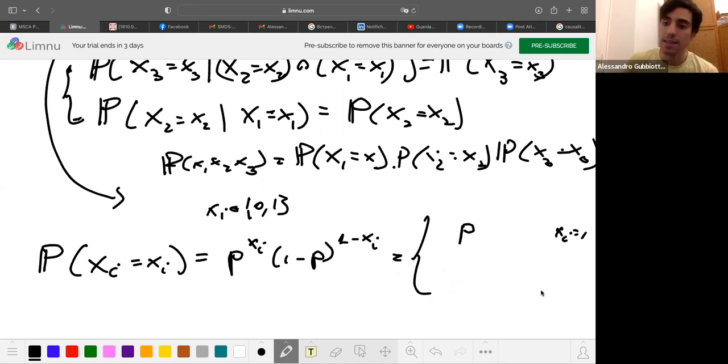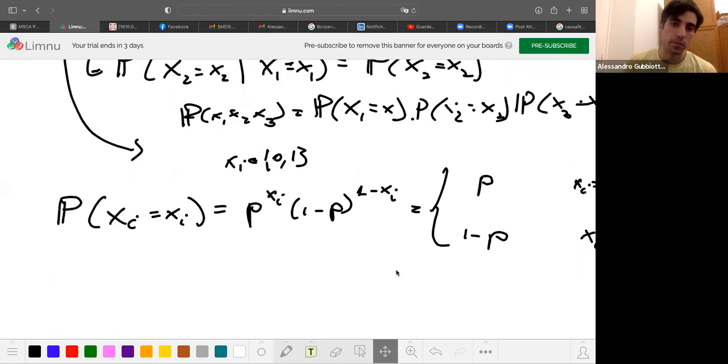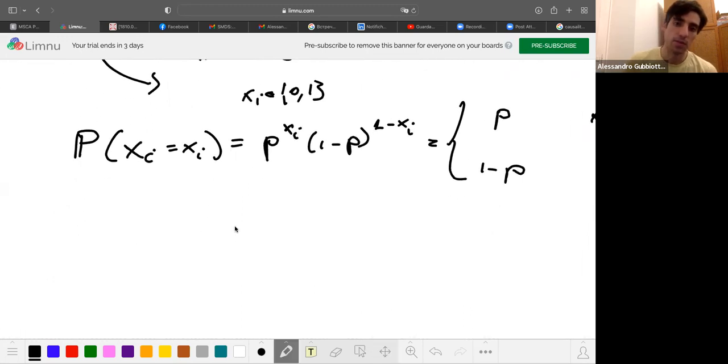If xi is 0, then p to the power 0 is 1, and 1 minus p to the power 1 is 1 minus p. So you see that this is exactly the expression: a coin is 1 with probability p and 0 with probability 1 minus p. Substituting those values here,